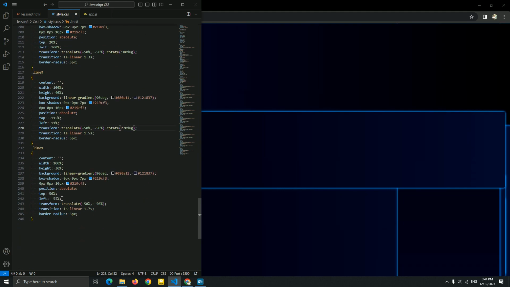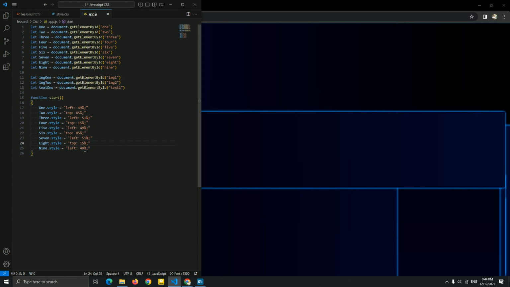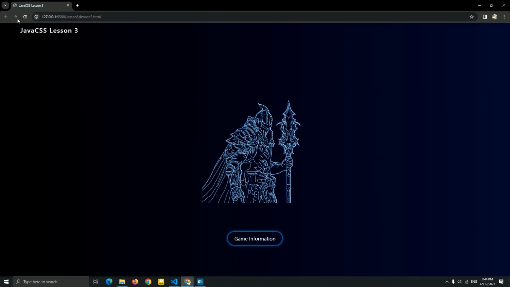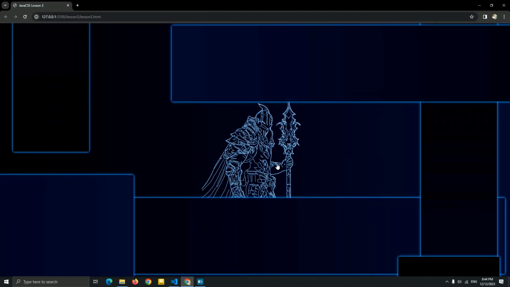We add the same the top, and we add the left 50% to be the same of this page, and I'm gonna add a height 100%. We add a height of 30%. Let me just show you. Okay, let be a 50%, and the height 100%. Okay, and as you can see it right here. Wow.